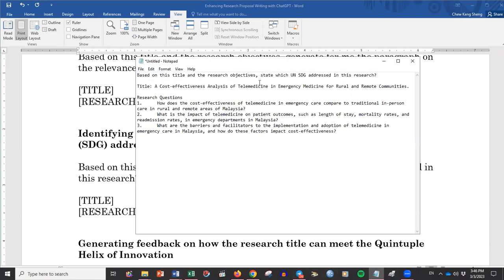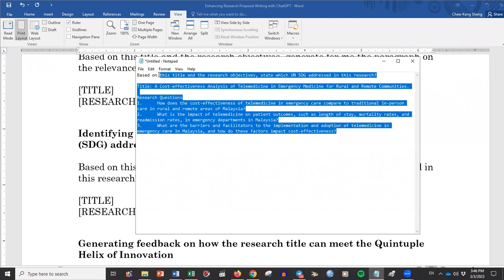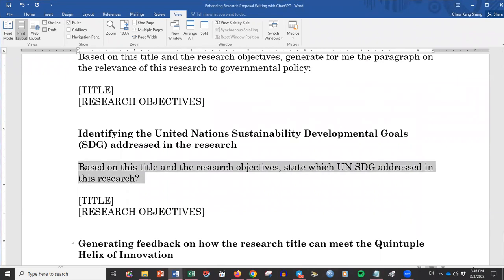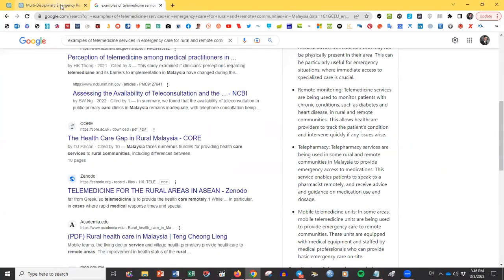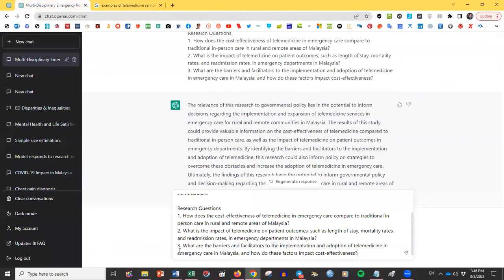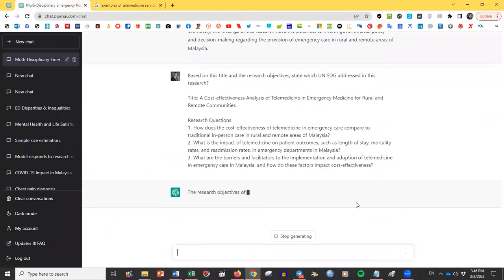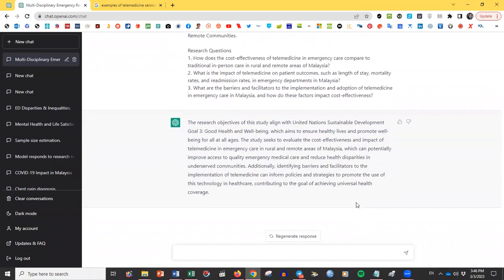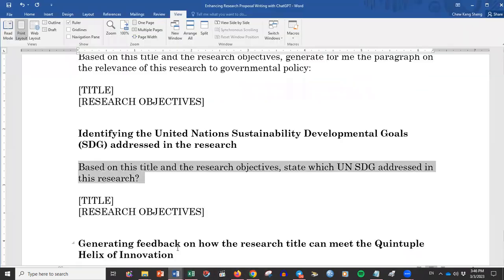Right. Based on this title, which one is being addressed in this particular research with this research question? Make sure you feed it enough data, otherwise it won't come out. So you can see here that this research will address United Nations SDG goal number 3, good health. Oh, only goal number 3, right? Good health and well-being. Okay, never mind. Now the last one is